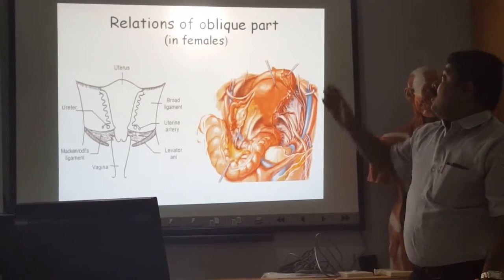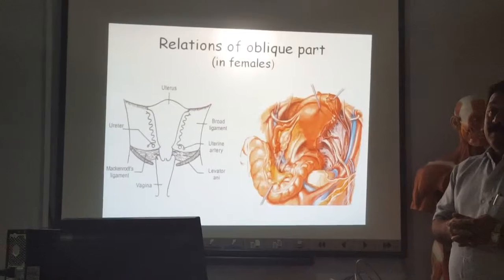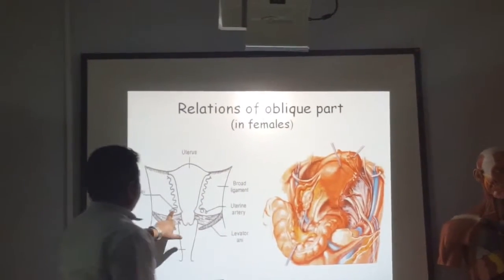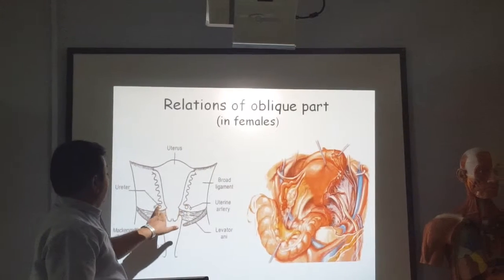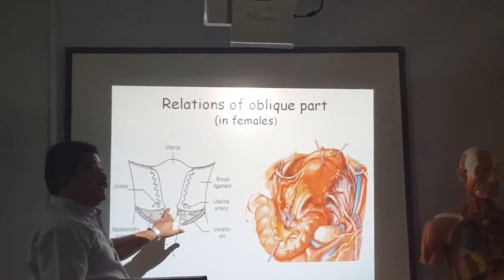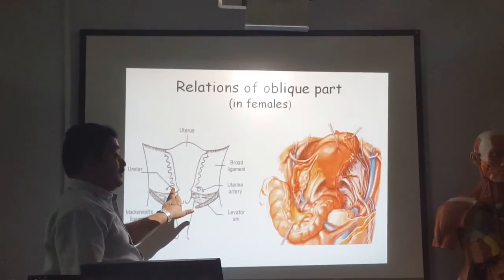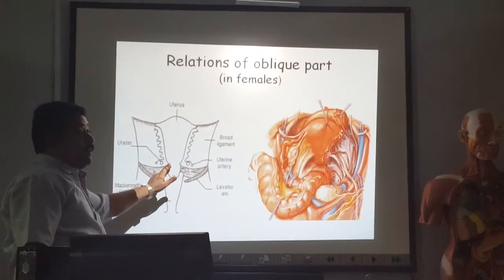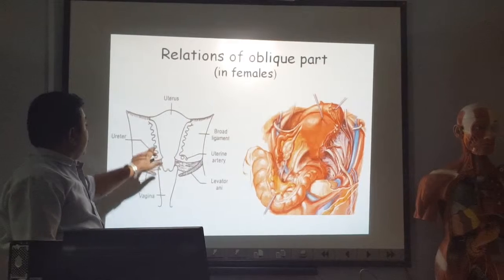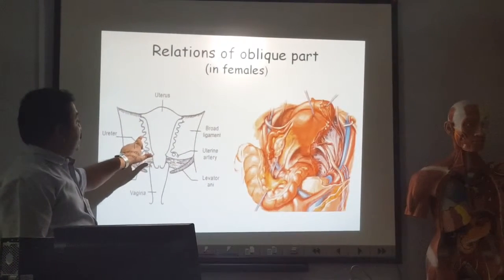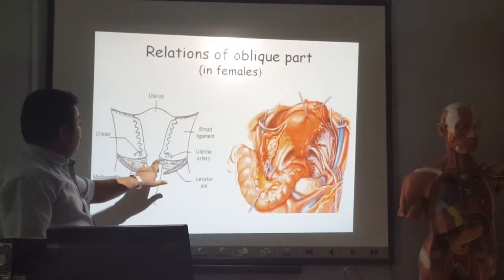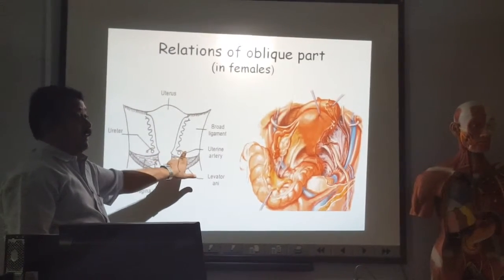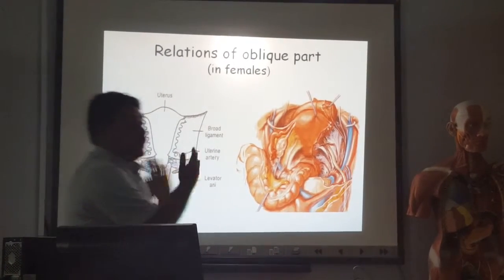relations of the oblique part in case of female. See here. Here it is the oblique part of the ureter. Okay. On either side of the cervix, from 1.2 centimeter from the cervix. Okay. Here it is the broad ligament of the uterus and the cervix. On either side the oblique part of the ureter. Okay. 1.2 centimeter from the